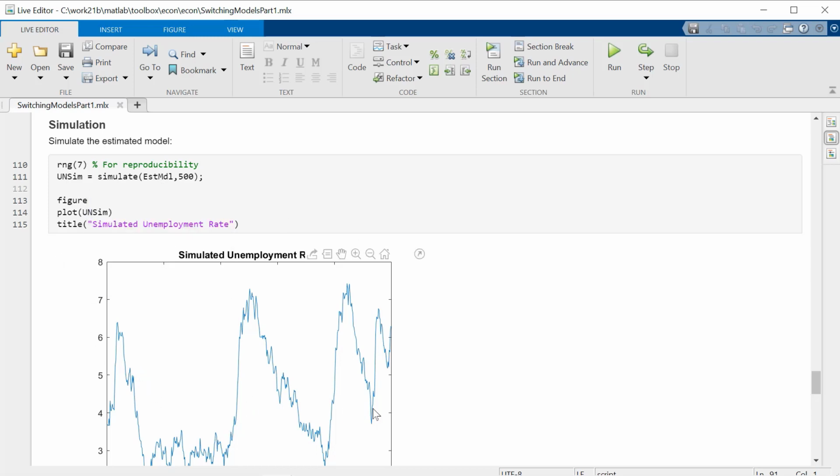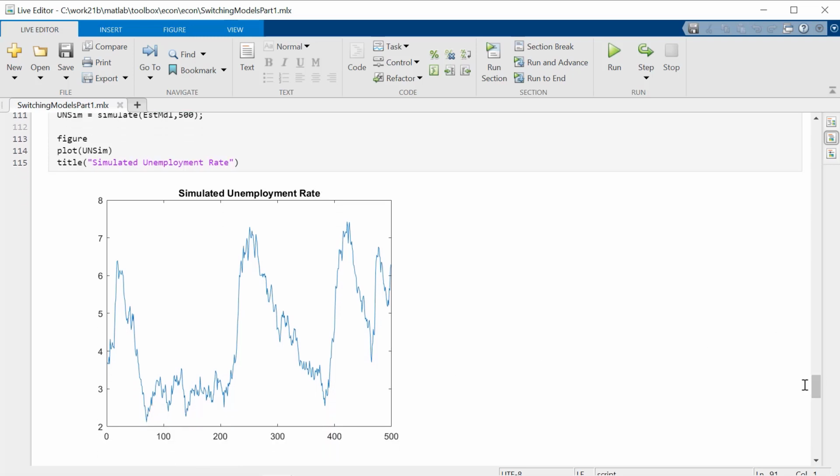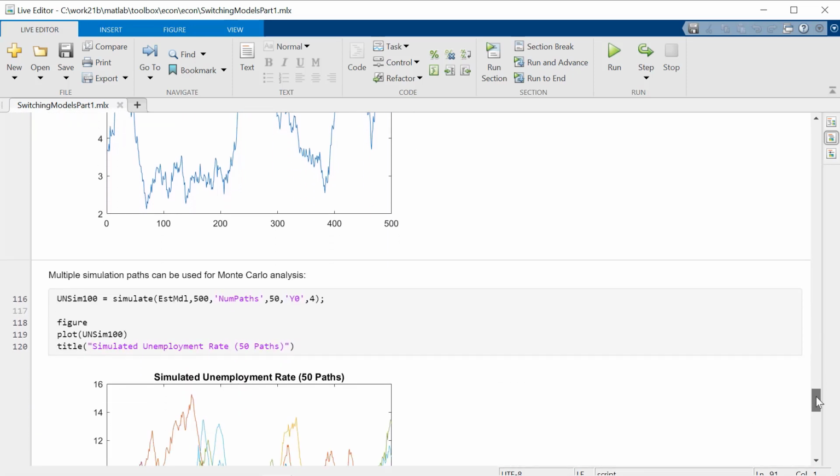And if we do a simulation, we see a series that seems to have similar statistical characteristics to the original data. We see that it has a similar range here between 2 and 8%. There are these definite expansion periods with the unemployment rate going down with a certain volatility, and then these very distinct upticks where a recession kicks in at certain points with certain probability and then transitions back to an expansion. So this seems to be at least a reasonable fit of the unemployment data described as a switching model.